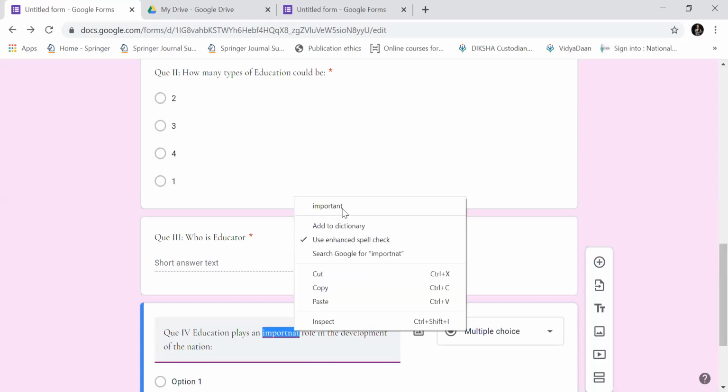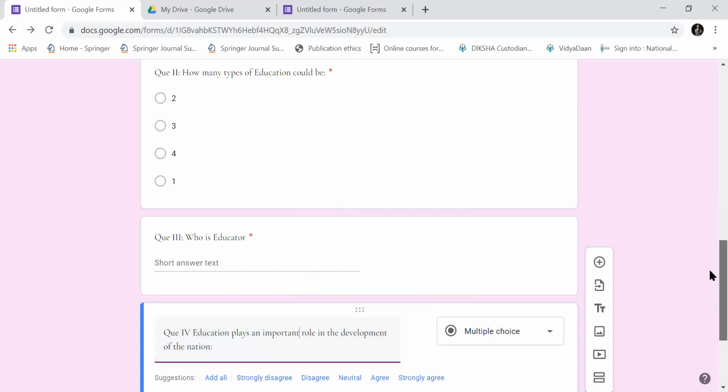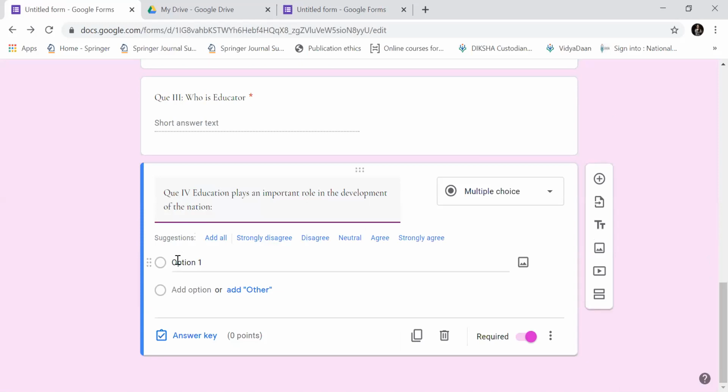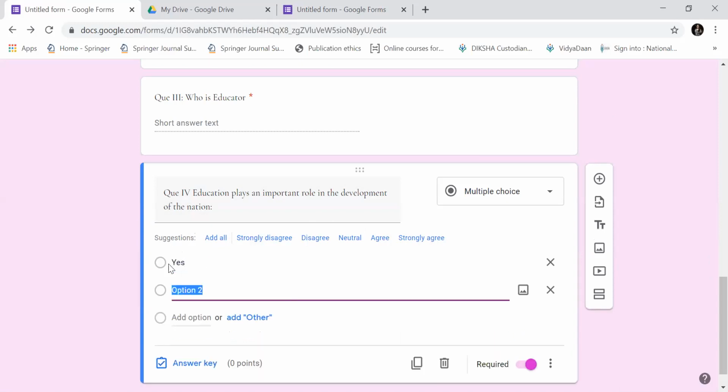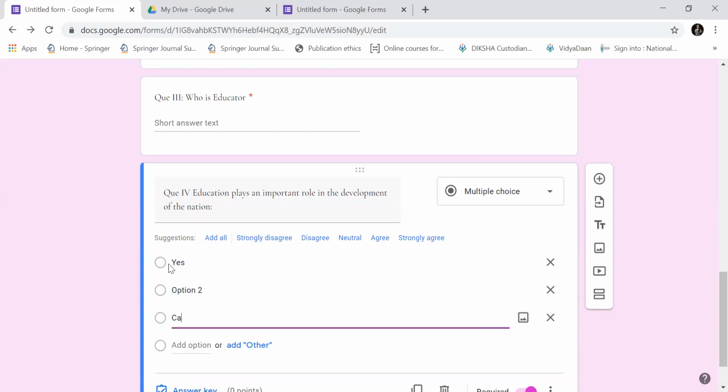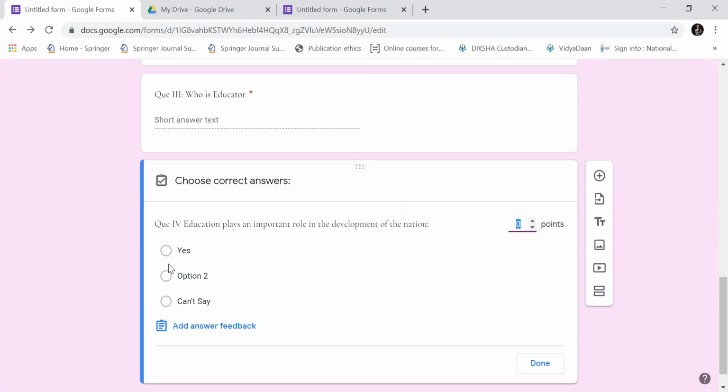Students have to write yes or no. So I'll again make it multiple choice. It is giving me the suggestion of using this linear grid. I'm not going to use it. Yes, no, can't say, right? So answer key is yes. It plays an important role and marks is 5.